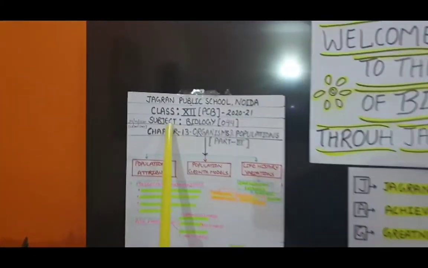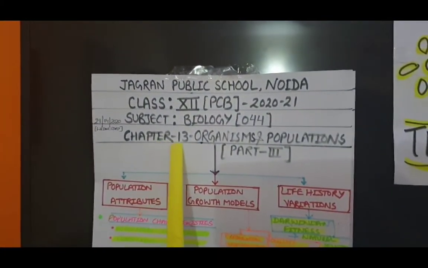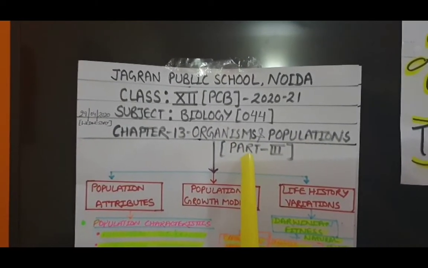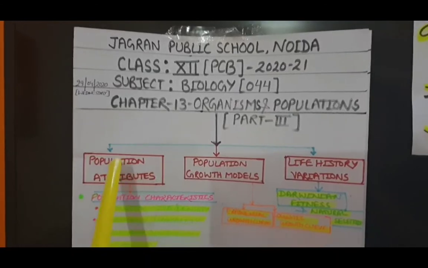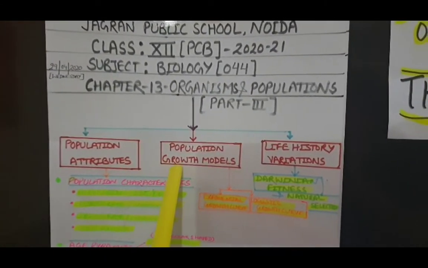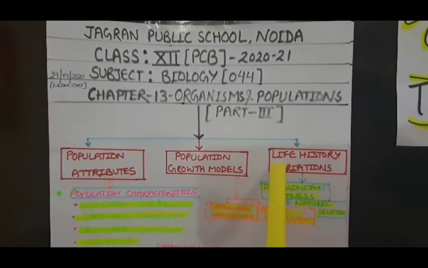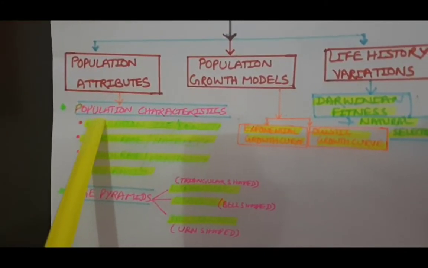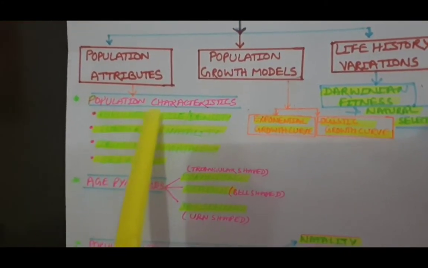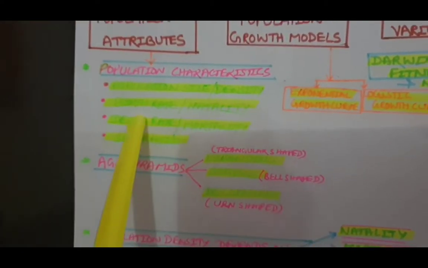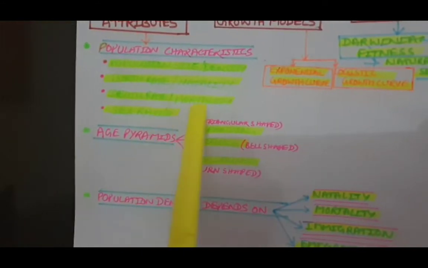In today's class, we will continue with chapter 13, Organisms and Population. In part 3 of this chapter, we will focus on population attributes, population growth models, and life history variation. In population attributes, we will discuss population characteristics, population size and population density, birth rate or natality, death rate or